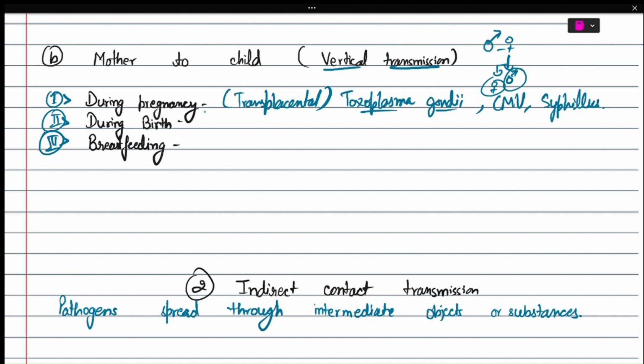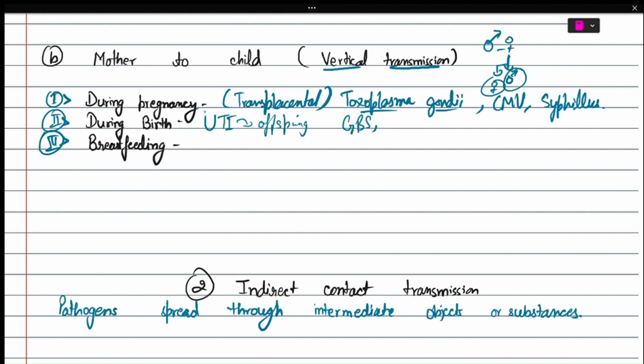Then after, it is during the birth, right? Now during the birth, when the baby is coming out of the uterus, if at that time a mother is having some urinary tract infections, then those infections can go to the offspring also. Okay, and also pathogens such as group B streptococcus. I am writing here GBS for group B streptococcus. They can be transmitted during vaginal delivery. Okay,